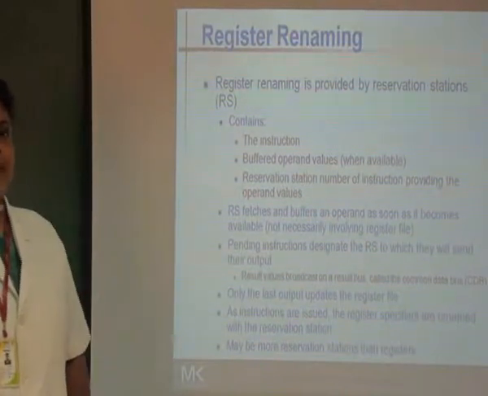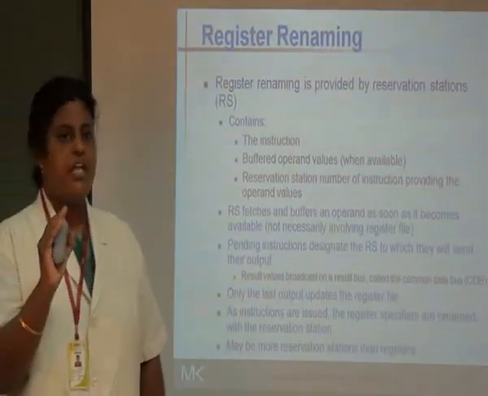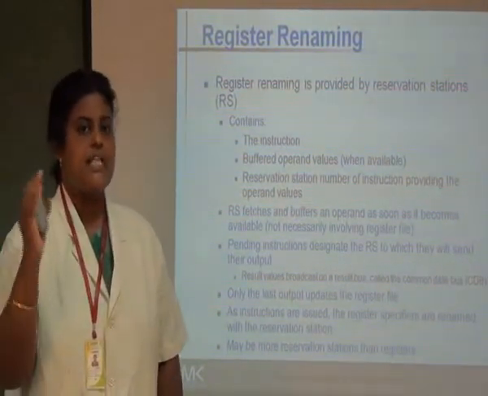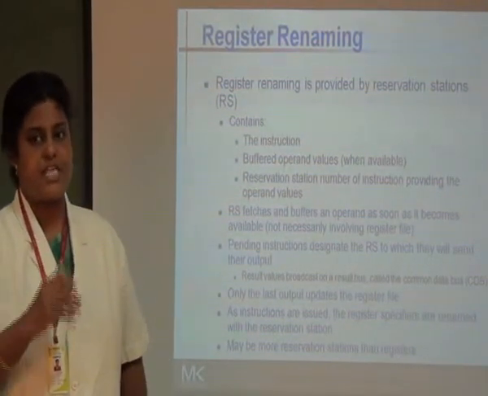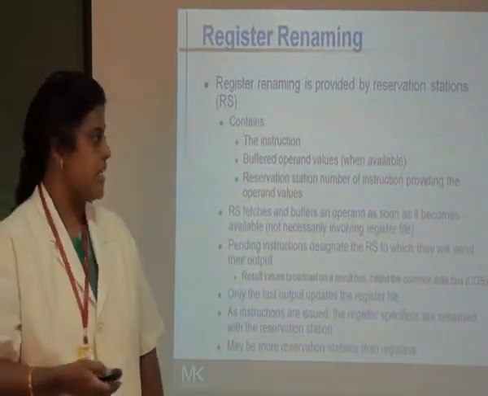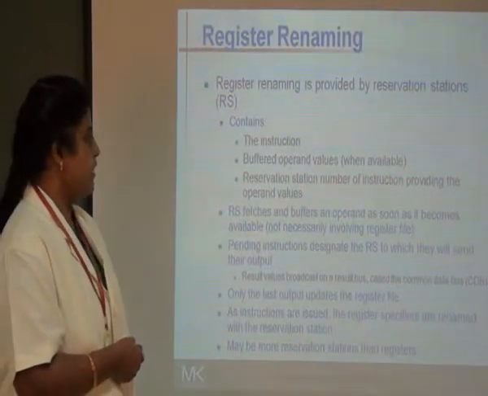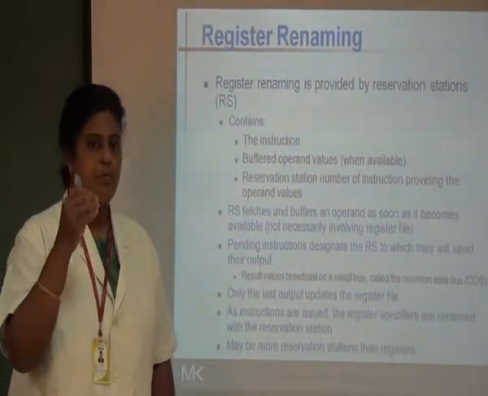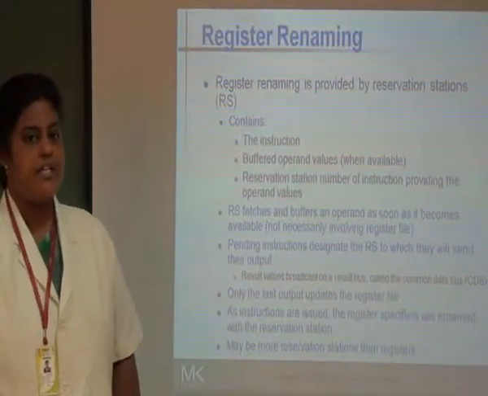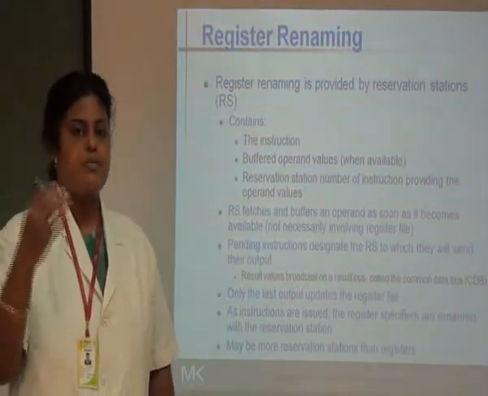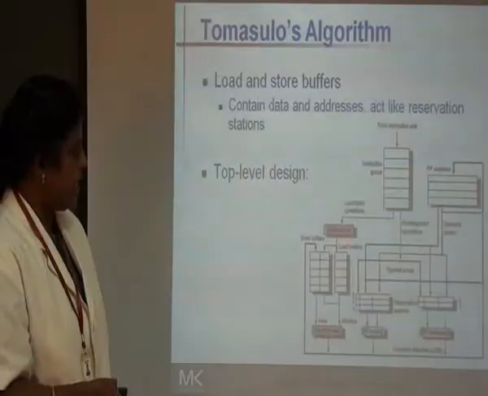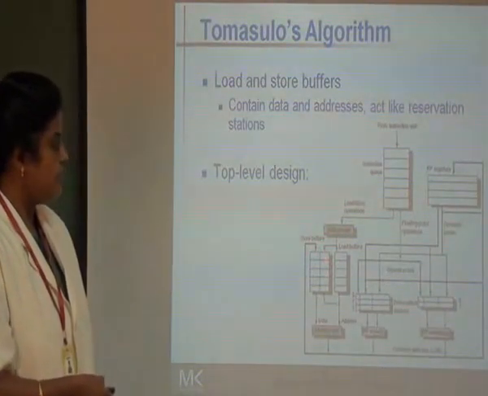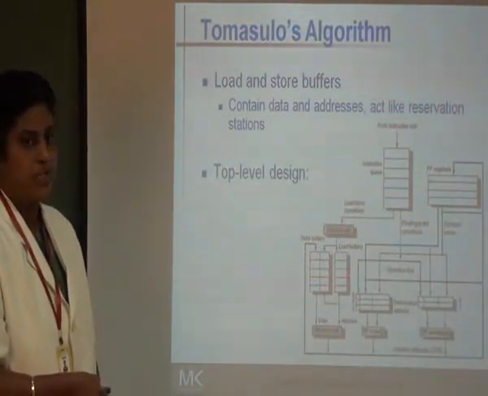We use a particular tag for numbering each and every instruction, which is going to give you the actual operand values. The tag value is the special identity which is added when we use reservation stations. The reservation station fetches and buffers an operand as soon as it becomes available. When the operand becomes available, instead of transferring it to a register file, the reservation station will supply the address from which the operands are to be loaded, and we also have the store buffer into which the data are to be stored.